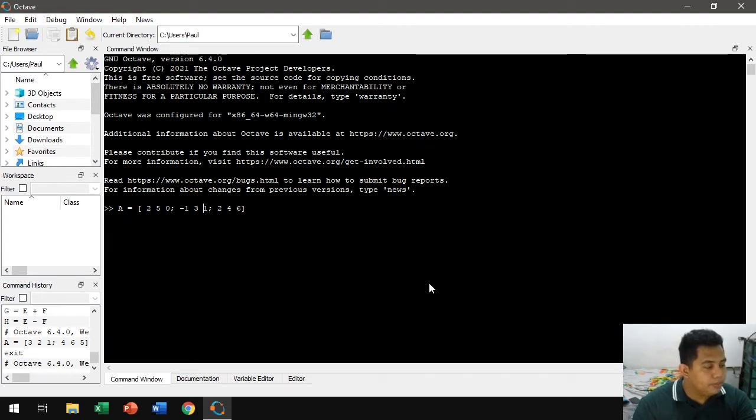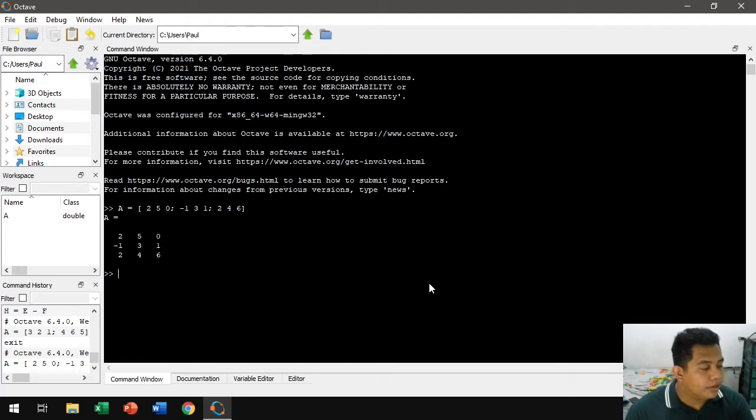As you can see, this is how you create a matrix in MATLAB. Enter. So as you can see, first row, second row, and the last row is this one.